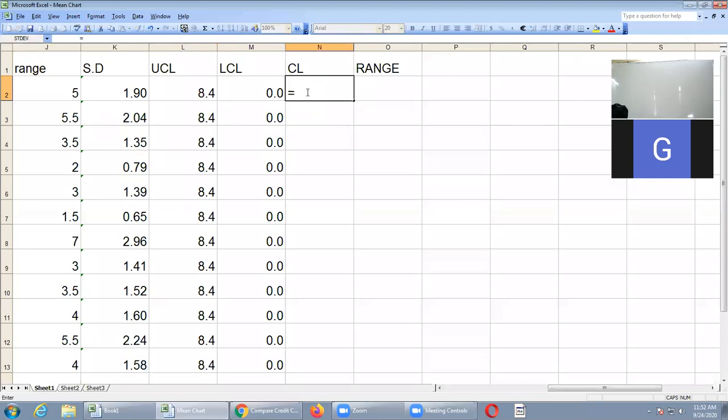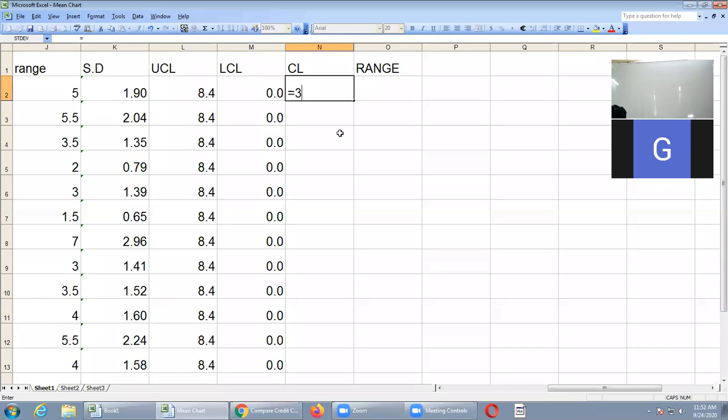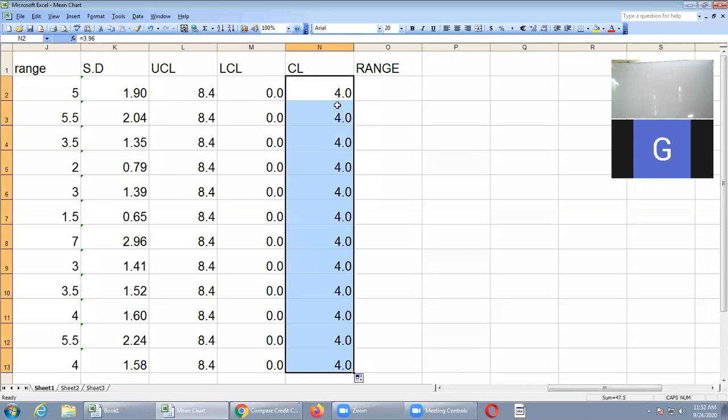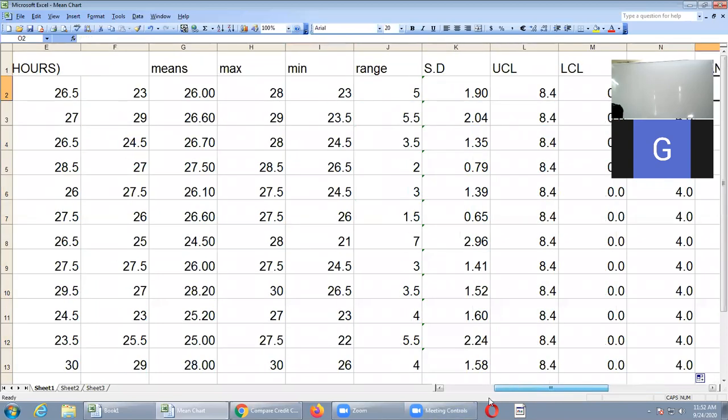CL equals R bar. All of you know what the R bar value is? 3.96, I think. That is a constant, so you can type that value. Enter. So it is taking a round figure, no problem. I have made it only one decimal place. That's why it is taking 3.96 as 4. Okay, no problem.